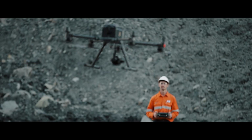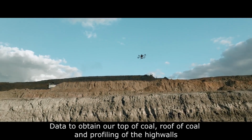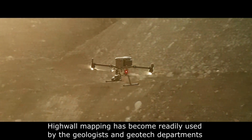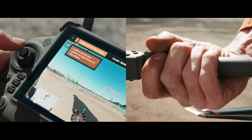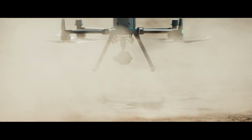The team also used this data to obtain a top of coal, roof of coal and profiling of the high walls. High wall mapping has become readily used by the geologists and geotech departments now to map the structure in the high walls, and this greatly enhances the safety of the mining of the active strip and also the future